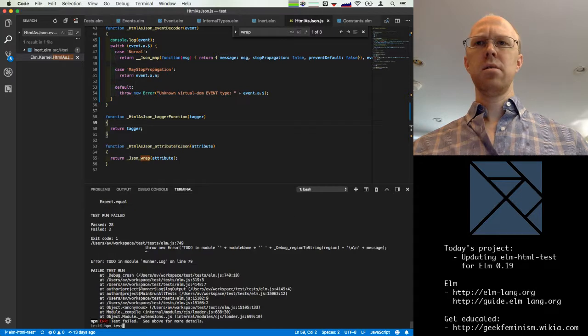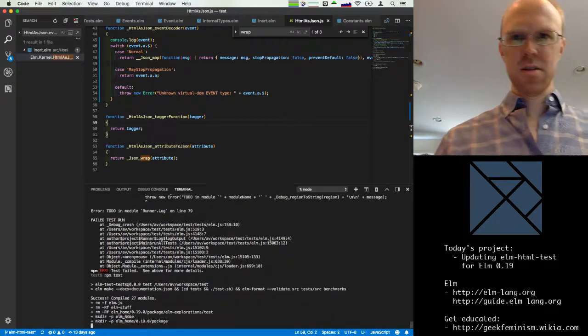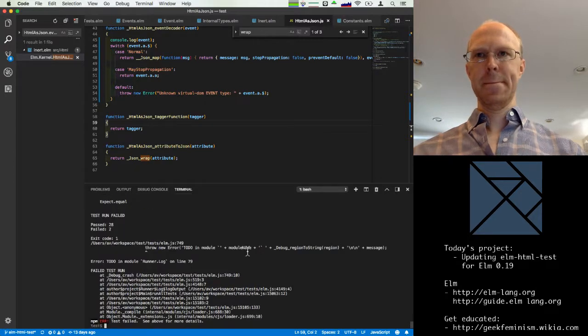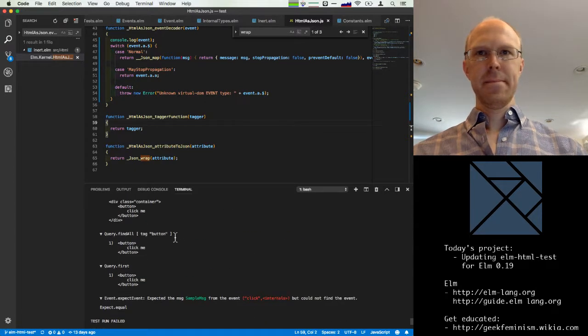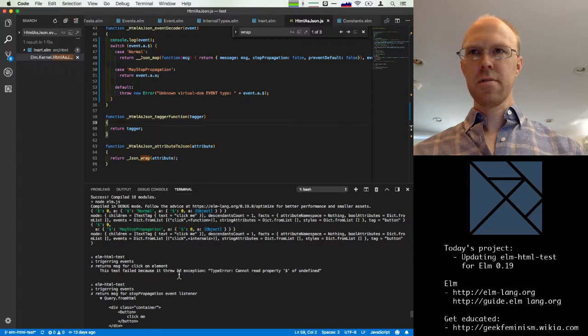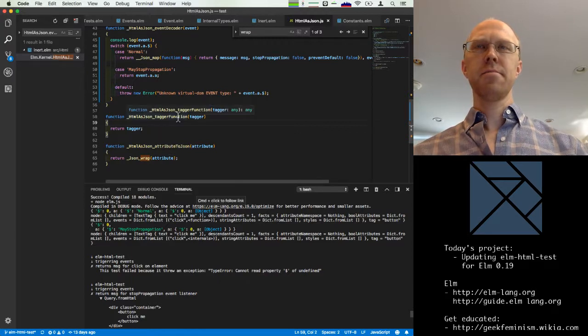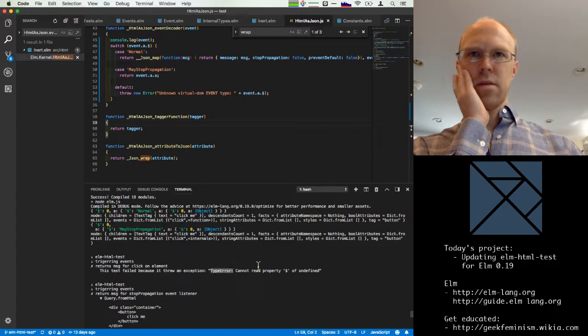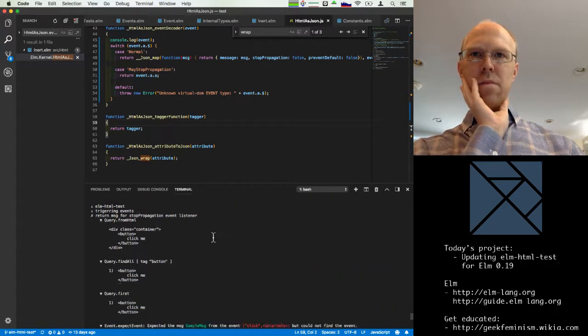Okay, let's see if that works. Nope, still doesn't work. Cannot read property dollar of undefined. Yeah, I'm not sure where that's coming from.